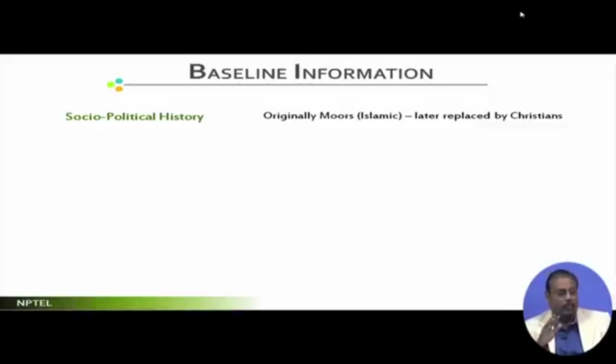This particular area, socio-politically, was invaded. The Moors were driven out, and there were lots of wars. The Christians replaced them in this location. And then they built on it and continued with it. What is the kind of expression that you have? Expression is in general introvert.